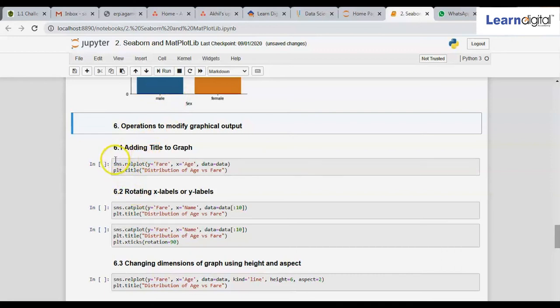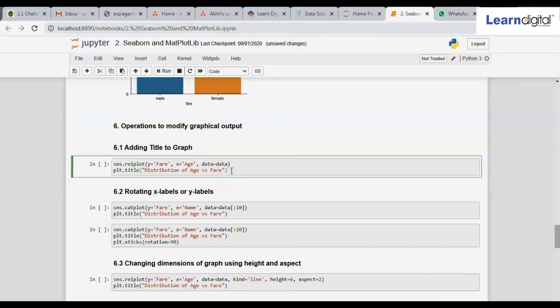So here, sns.relplot, we have mentioned y-axis, x-axis and data. Now, if you want to add a title to this graph, how are you going to do that? You are going to use the code plt.title and type the title in brackets which you want to add to the graph.